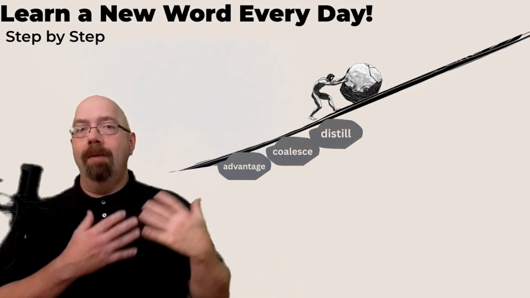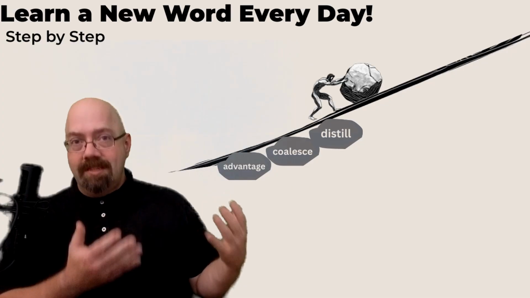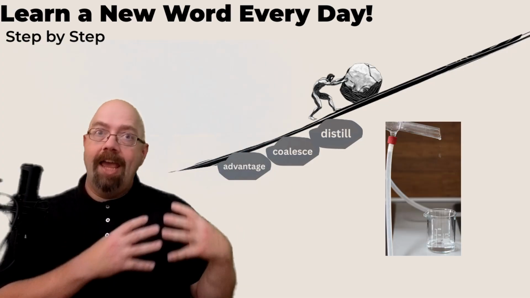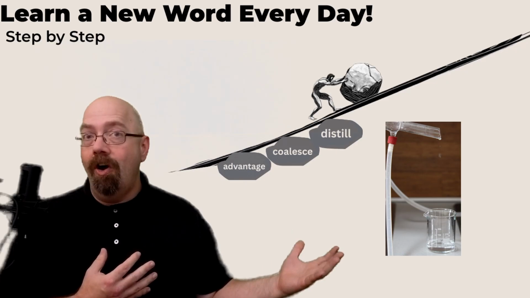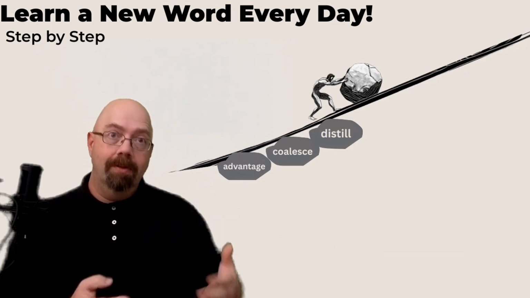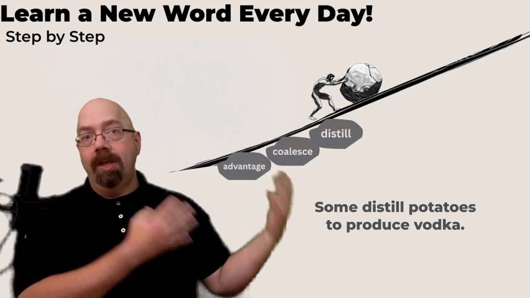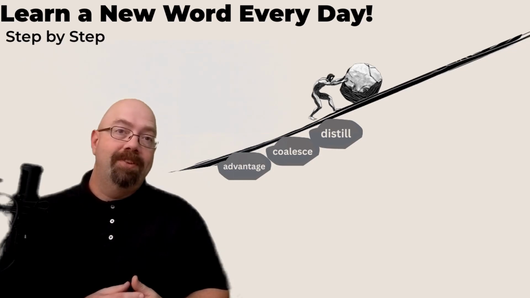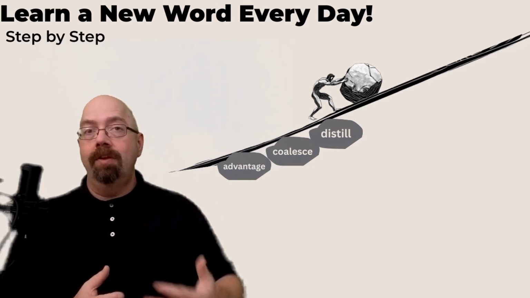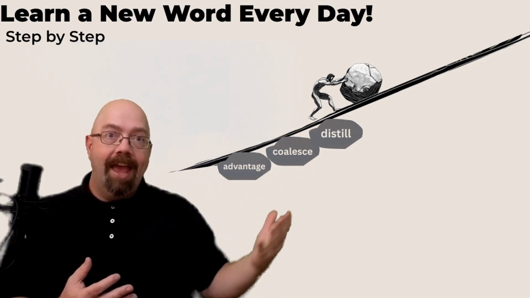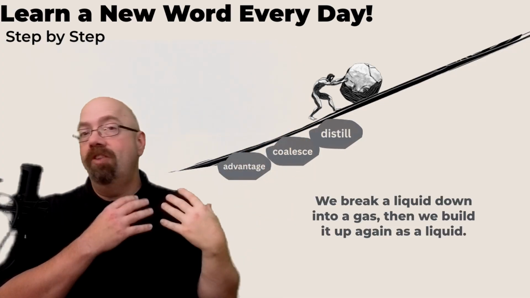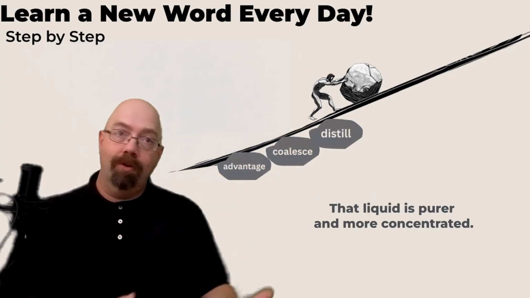Stilla becomes distill. Distill here means to purify and condense a liquid, sometimes turning it into alcohol. We distill a corn mash to become whiskey. The process of distilling is, take a liquid, we boil it, turn it into a gas. We then condense that gas back into a liquid, which condenses and purifies that liquid.